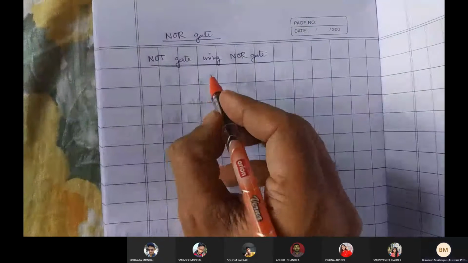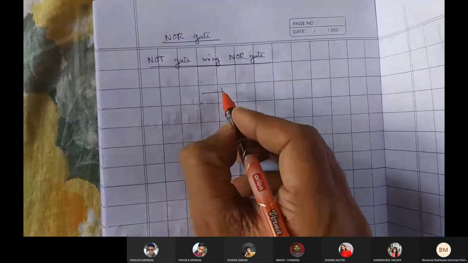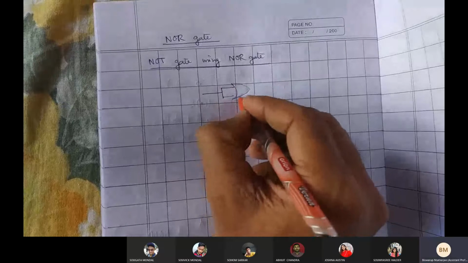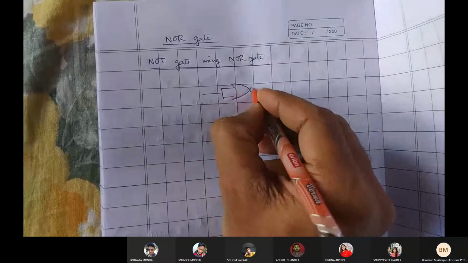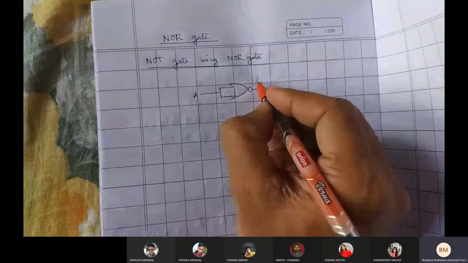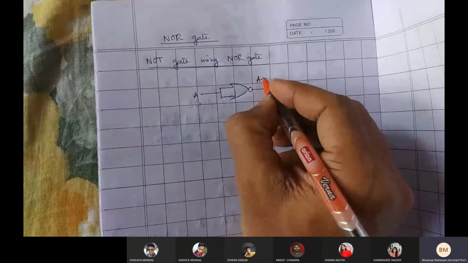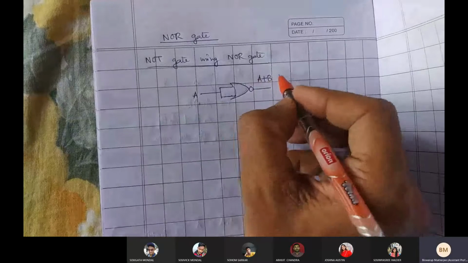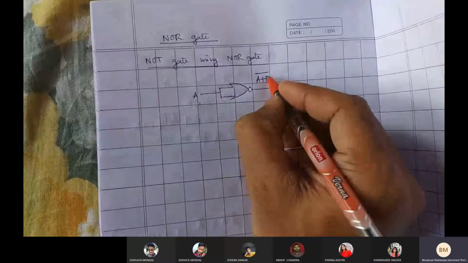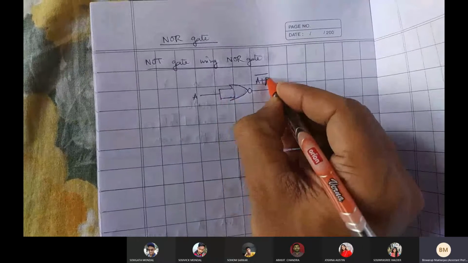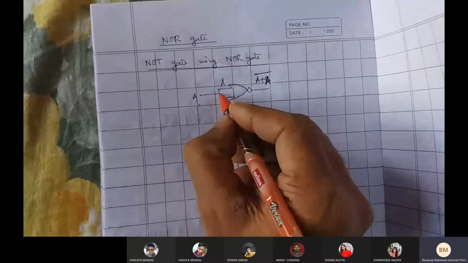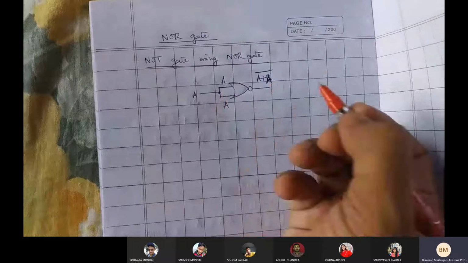The topology is the same. You just put this one like this, A. So here you will be finding A plus B complement, right? So instead of B, it is also A. So both are A plus A complement, because A is coming right over here as well as right over here. So all the inputs are actually A.